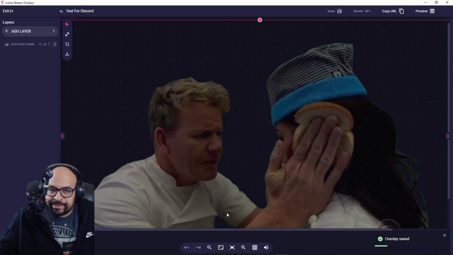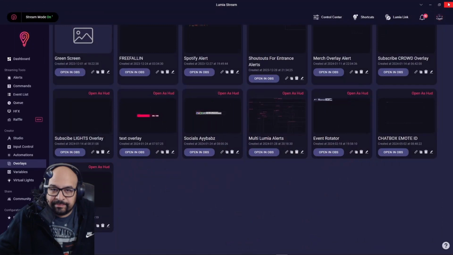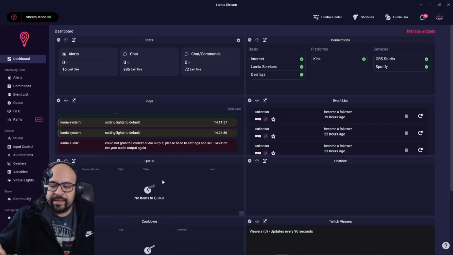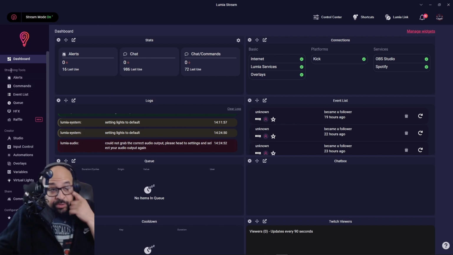Now we want this to work when somebody says something, right, in chat. So now we know that it's in the test for Discord folder. The name of the layer is test idiot sand. Okay. We're going to click X. The overlay is done. Okay. So we want to make what we just did a command, because we want people to activate it so it plays in stream, right? So in the streamers tools, so the streaming tools list here, you're going to click on